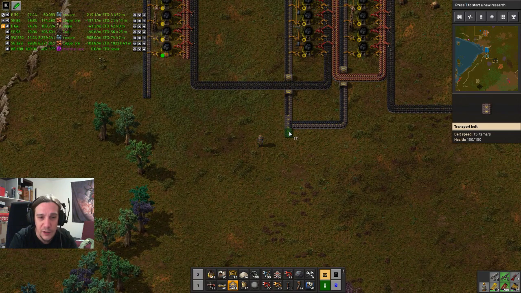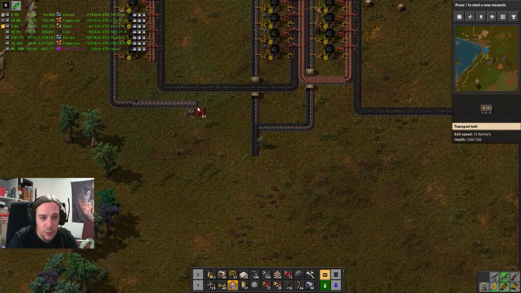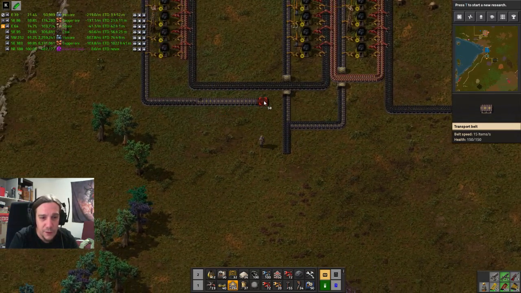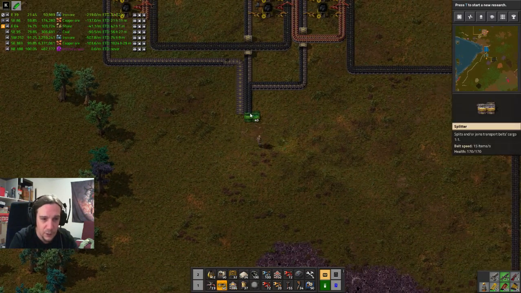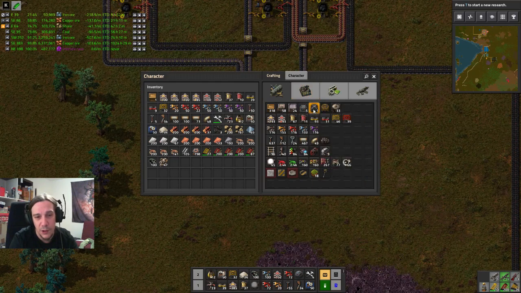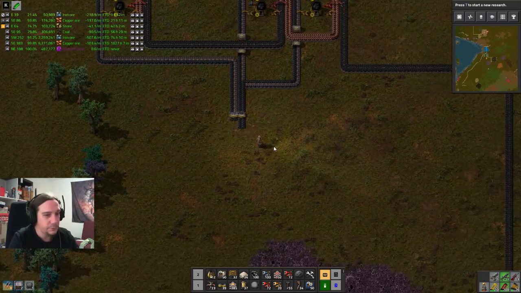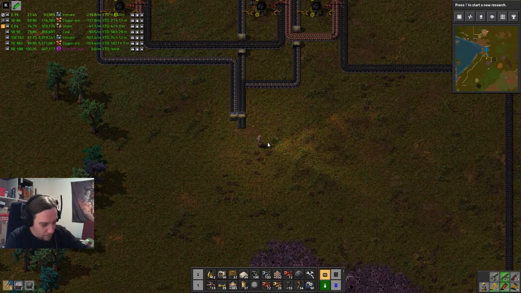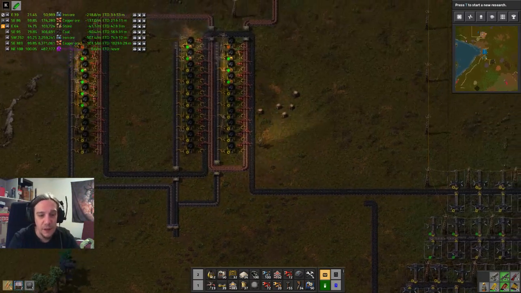Let's do a little T-merger here. And let's go over here and feed that stuff into a splitter. There we go. And that splitter leads into a... Let's go for just one of those medium containers, why not? Oh, that takes a while until it's constructed. Anyways, so